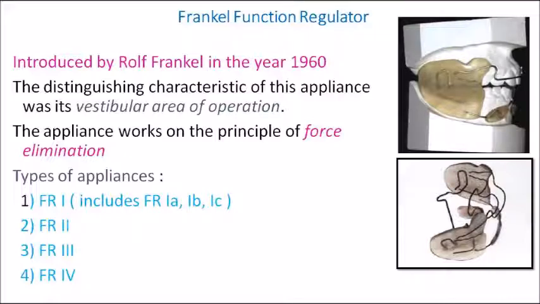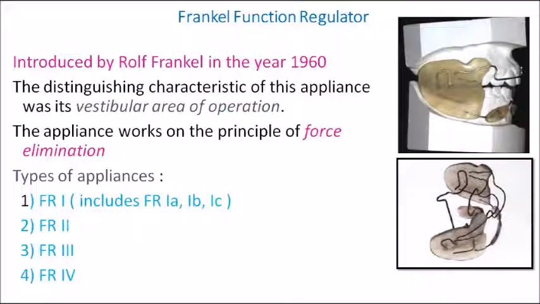So please look at the basic design. There is no acrylic block in the dentition. There is no acrylic which is intercepting between the dentition, but rather there is an acrylic mass. It acts like a vestibular screen, similar to a vestibular screen, except in the anterior region you have some labial bow and lip shields. Other than that, in the buccal region, it is similar to a vestibular screen. It is acting as a shield. So that is how you identify a Frankel's functional regulator.